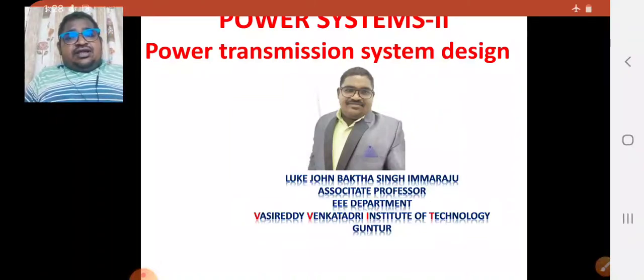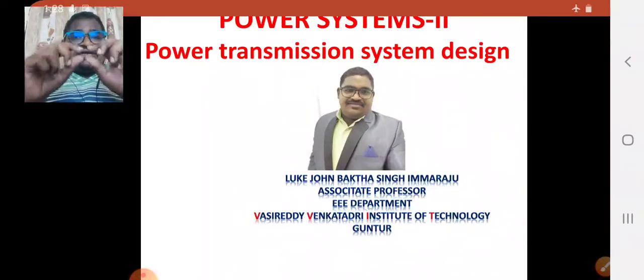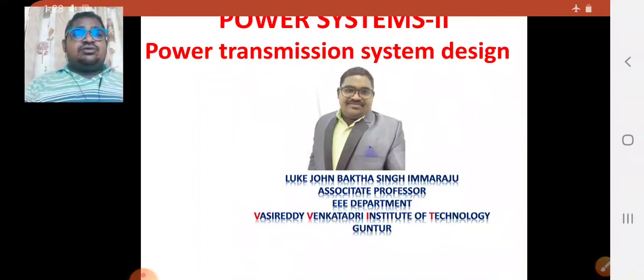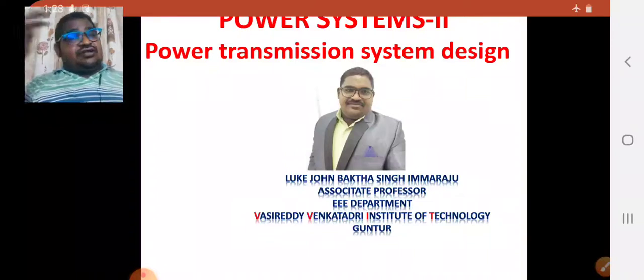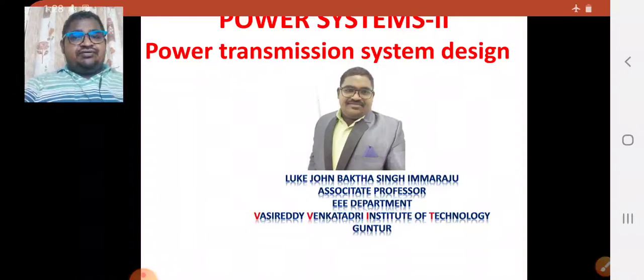Now, how can you find out the flux? First let us take a single transmission line. For a single transmission line, as I told you already, we need to find the flux linkage due to internal flux and the flux linkage due to external flux. Already we have found that, so let me write those two formulas.